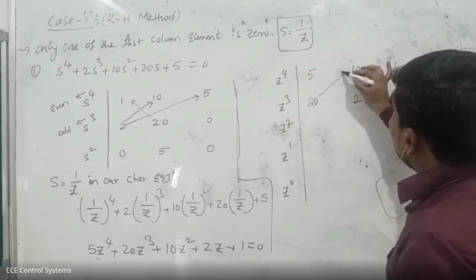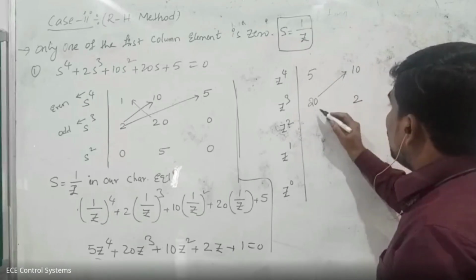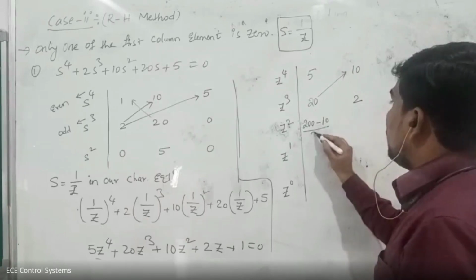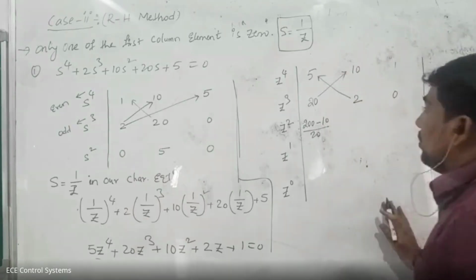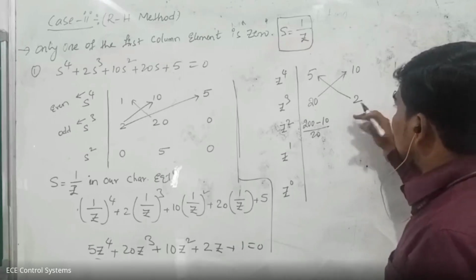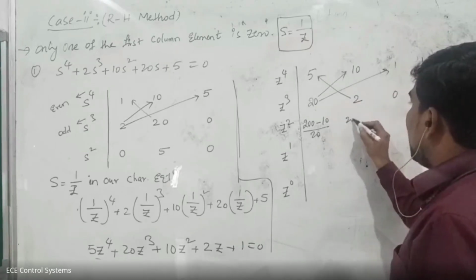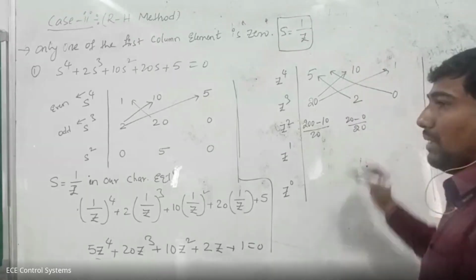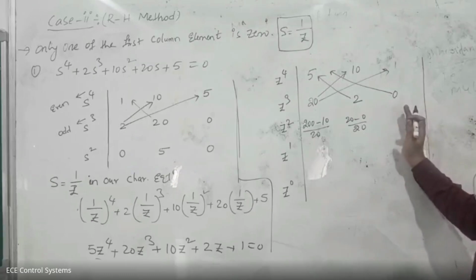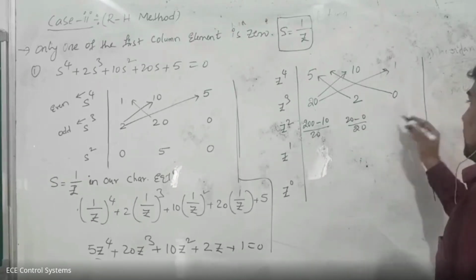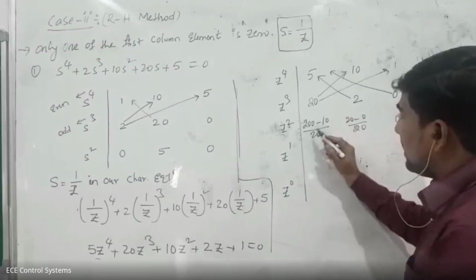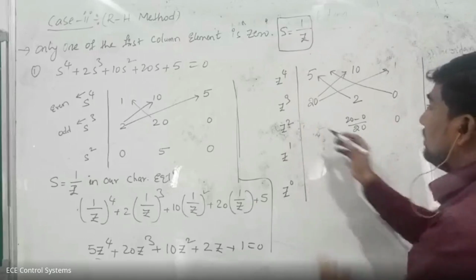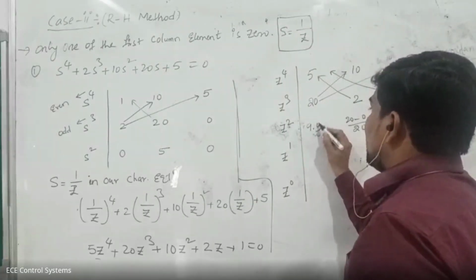Now, see, 20 into 10, 200. 200 minus 10 by 20. Coming to this set of values, that is 20 into 1, 20, and 0 into 5, that is 0, by 20. Next answer is 0. We don't have any value, simply you take 0. From this explanation, what is the answer? 90 by 20. What is 90 by 20? 90 by 20 is nothing but 9.5, I think.